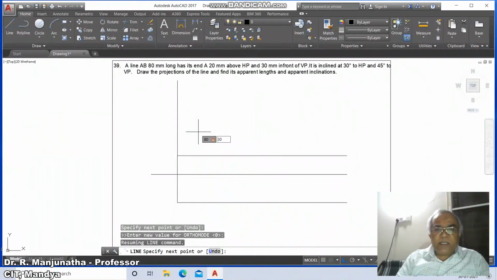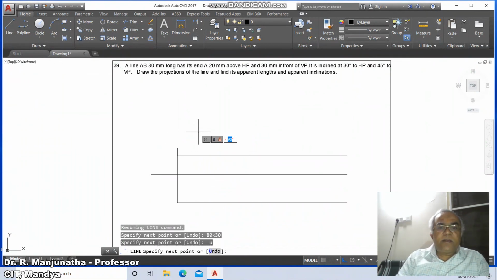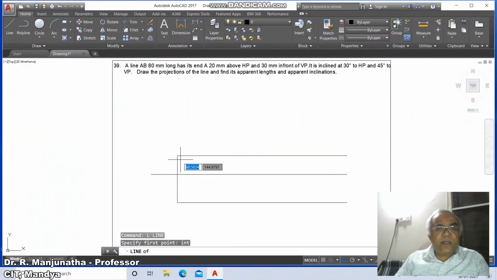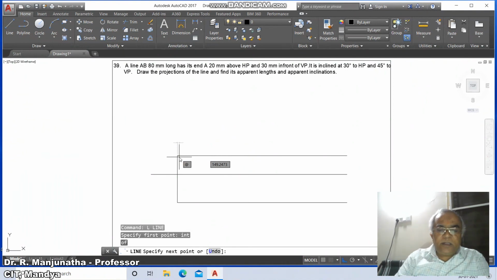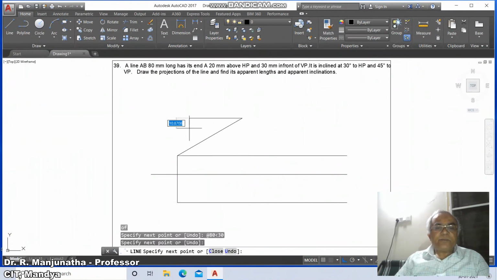So type 30, enter. Line INT of this line at the rate 80 less than 30 degrees. Type enter key and then you drag this on this side.